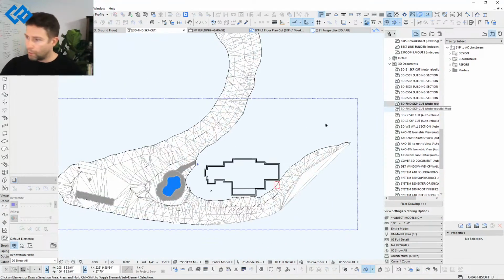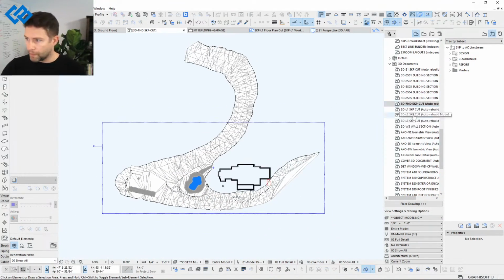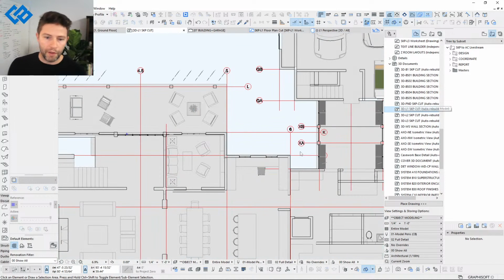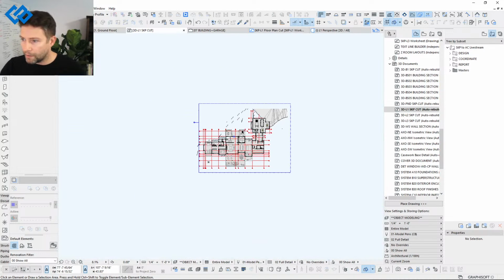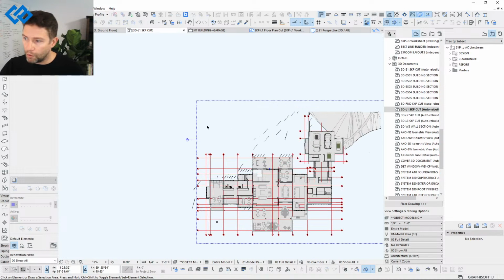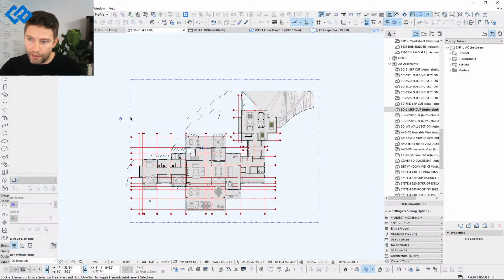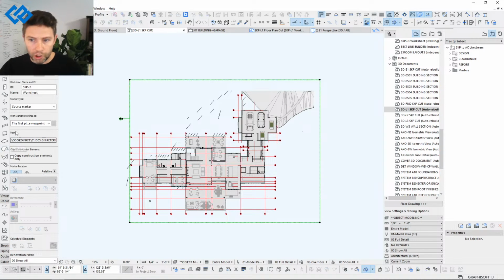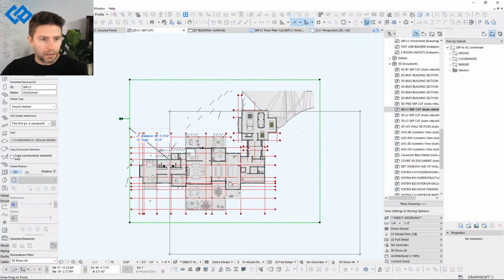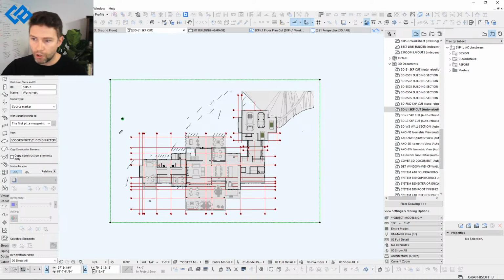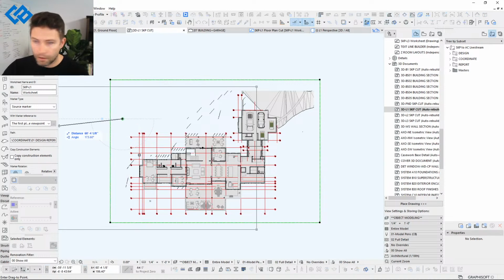So, okay, from these 3D document views, let's go back to our level 1 to follow that workflow all the way through. The next step beyond here is you can actually notice that in this case, we have this blue bounding box. This is actually a worksheet. So this is a really great way of using a worksheet. I'm actually going to take this worksheet and push it over a little bit, take our tag